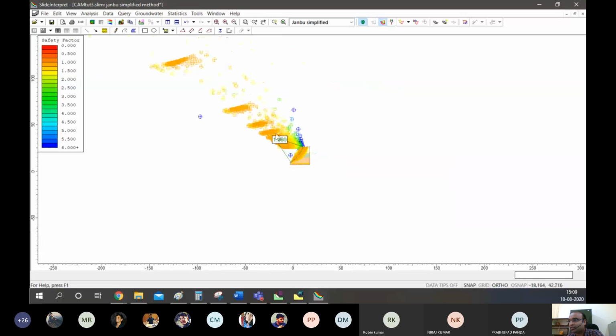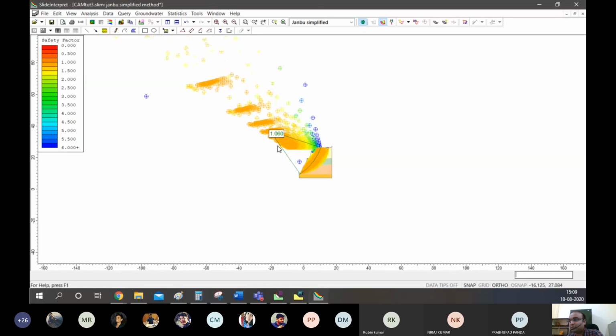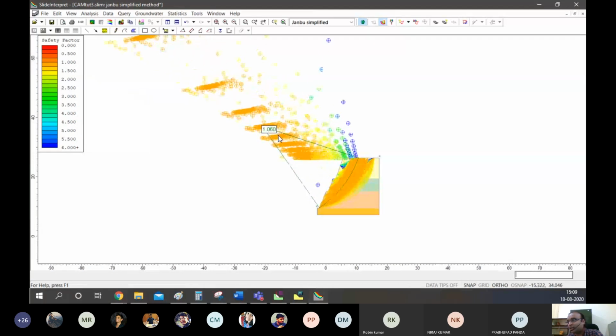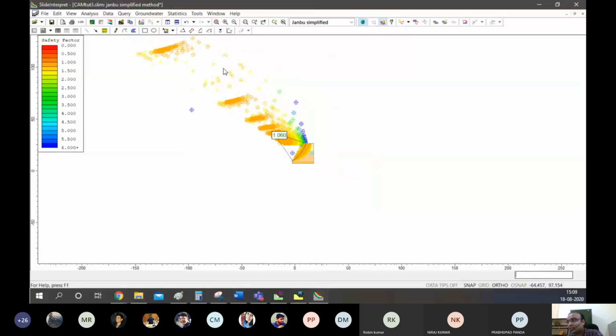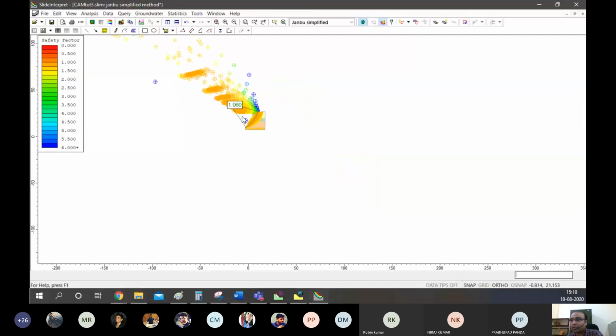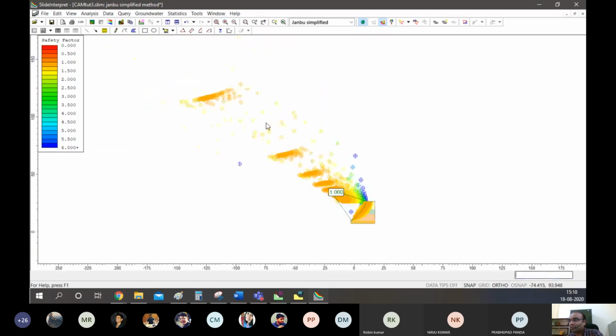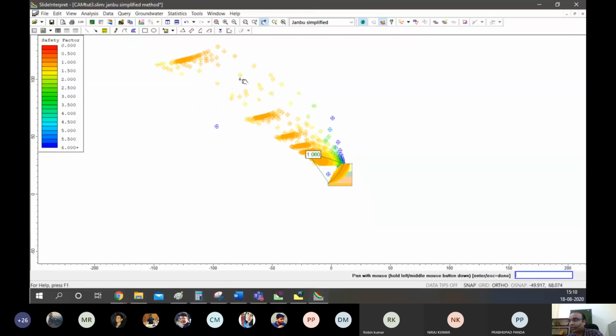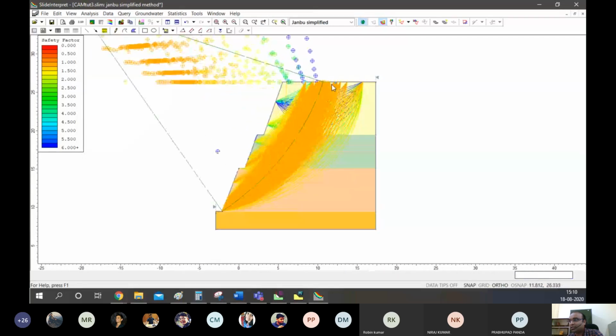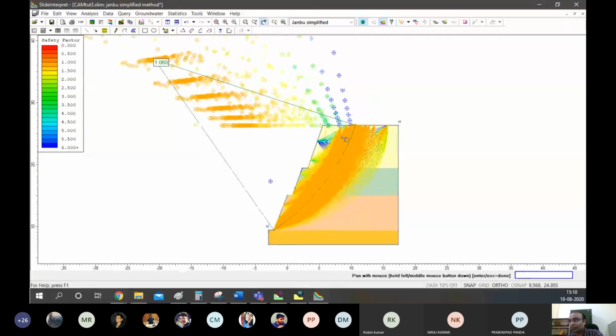Grid search basically restricts us to the grid that we define. So it has positives, that it doesn't take that much time because we have defined a grid. However, it has negatives, that it is restricted, and such kind of analysis that we see can't be done in grid search. So based on what we want to do, like we want it to be quick, or we don't have any idea what type of surfaces can be there. So let's do an auto grid search. So auto gridding is this. So basically it takes different algorithms to decide which are the centers, and accordingly it finds the surfaces, the circular surfaces of failure.